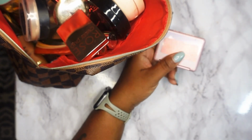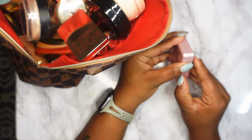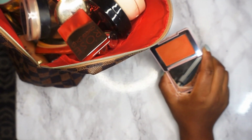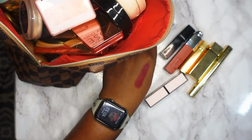And lastly, I will be using this Revolution XX blush. I don't know what shade this is, but this is like a nice, pretty coral shade that I definitely want to use up. Lips. These are the products that I will be using,